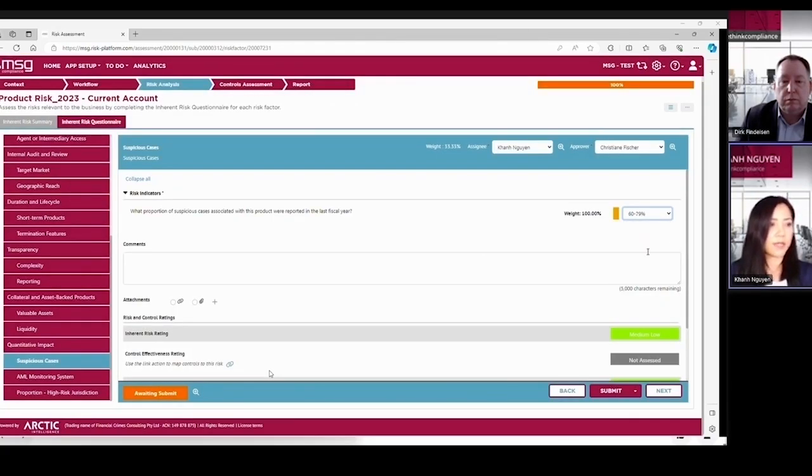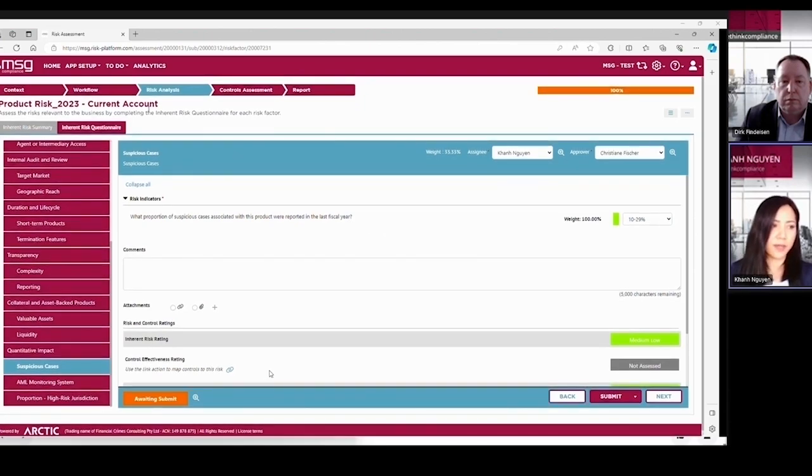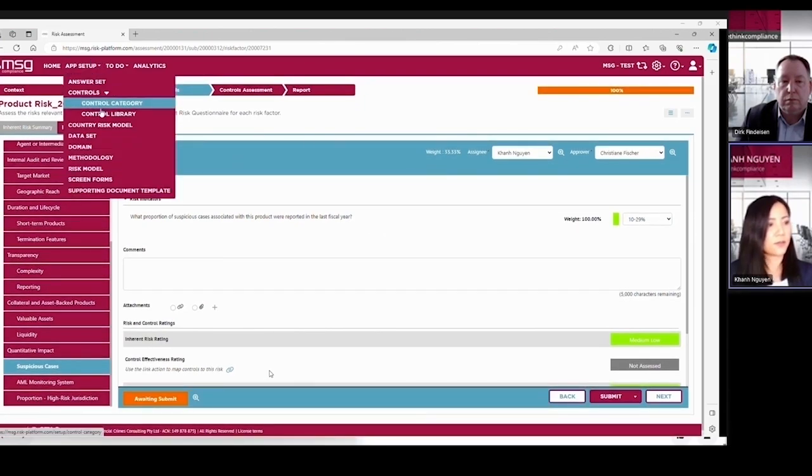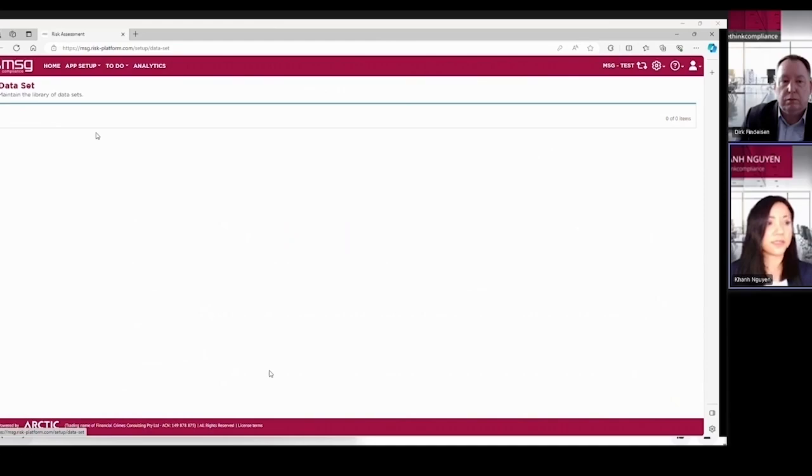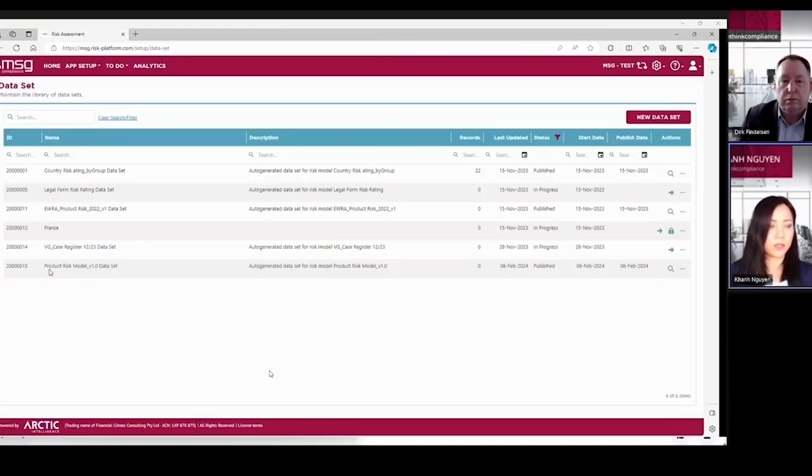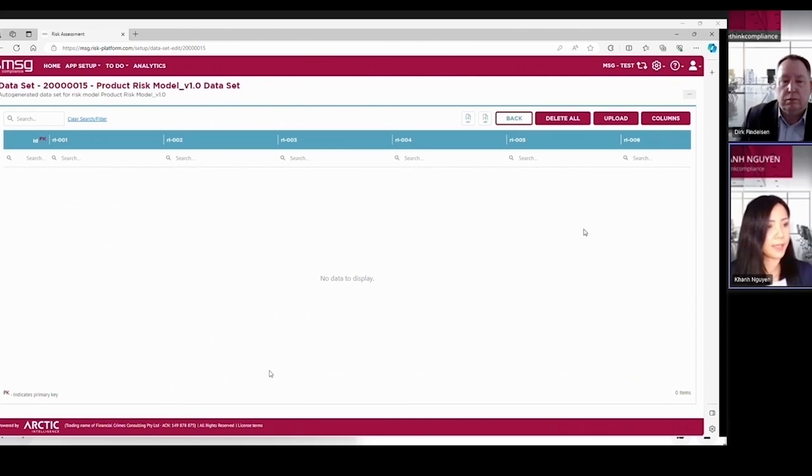And this is more or less a questionnaire that can be answered manually. Or, of course, we want to have automation. So there is a possibility to import data as well, so you don't need to go through the questionnaire manually.